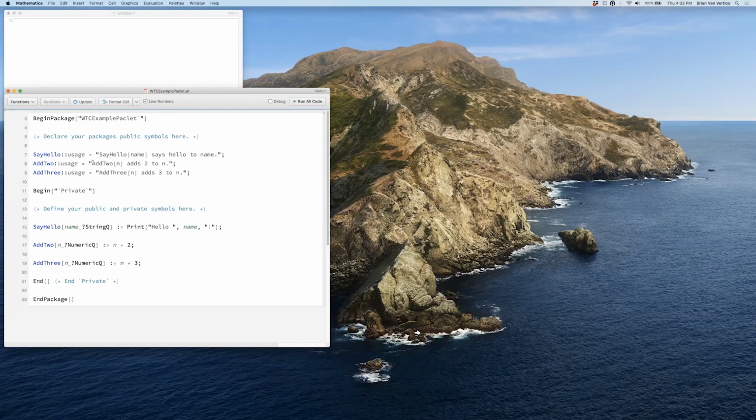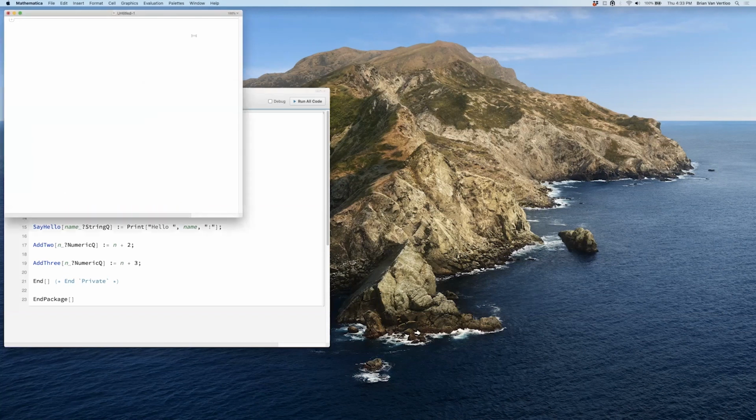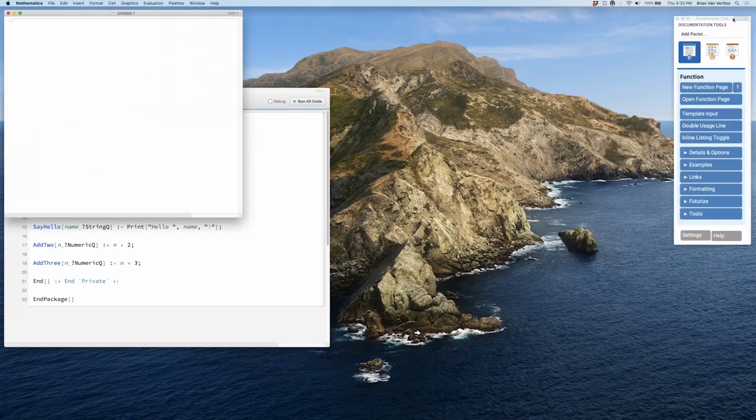If you have a usage message for your symbols in your package file, it will make something that I'm going to show you here a little bit easier. So let's go ahead. We can go up here and open Documentation Tools from the Palettes menu, and here we have it. This is what Documentation Tools will look like when you've opened it for the first time, without the help of the Paclet repository